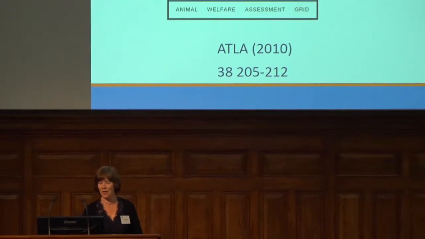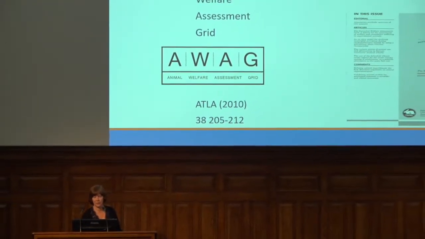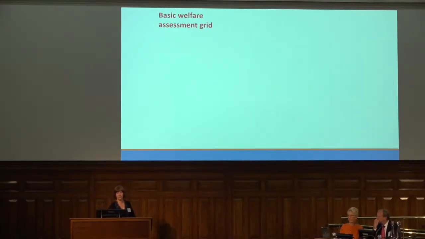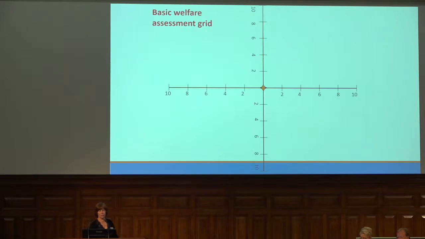Some of you have heard me present about this before, but for those of you that haven't, the AWAG is the Animal Welfare Assessment Grid. This is the first publication back in 2010 that we did with the concept of it. And what it is, is a basic welfare assessment grid like this, with a score of 1 to 10 on each